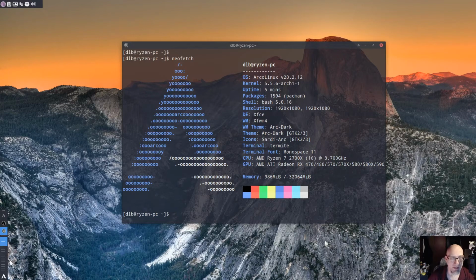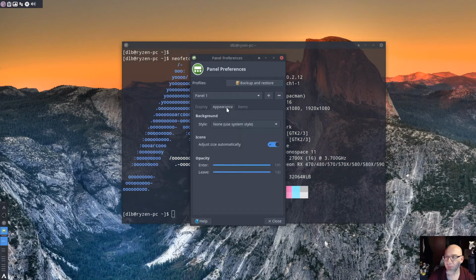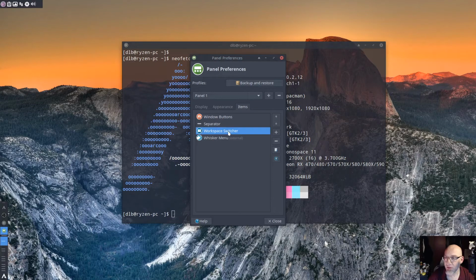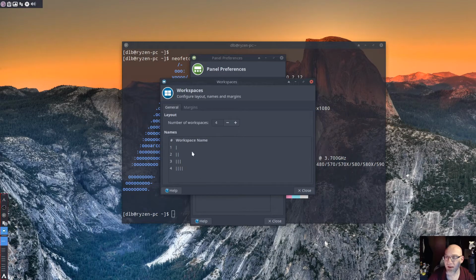I switched to this. This is basically just your underscores, right? And I can show all this. Matter of fact, let me just show it now. So how I got this to work is I basically did panel preferences, appearance. If I go into the workspace switcher, and I go to workspace settings, I use the pipe.